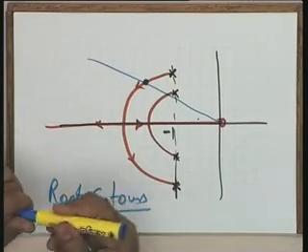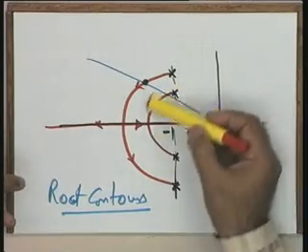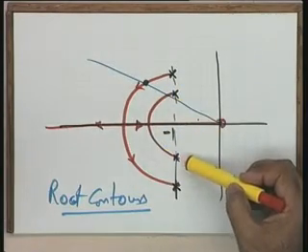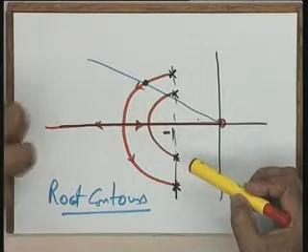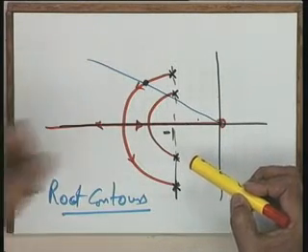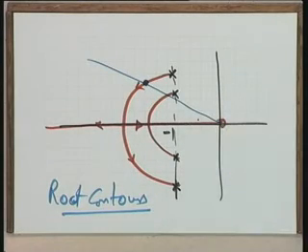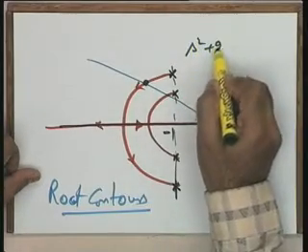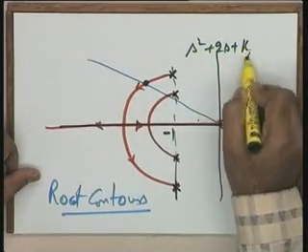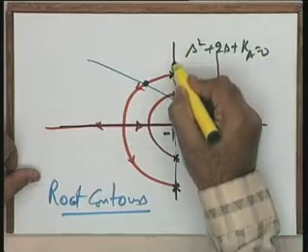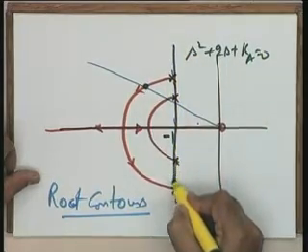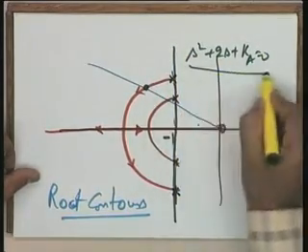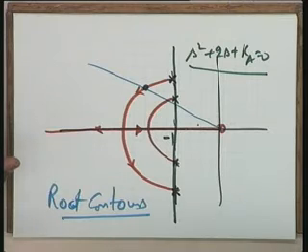You see that each portion of this root contour is a root locus plot for a particular value of one of the parameters, while the other parameter varies. So, you can say that if you consider the denominator s squared plus 2s plus ka equal to 0, this particular line is actually nothing but the root locus plot of this particular equation. You can check this please.